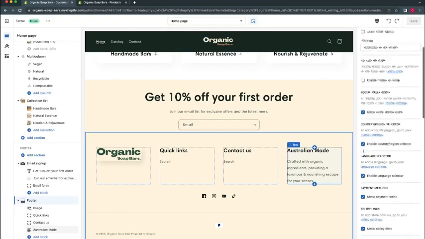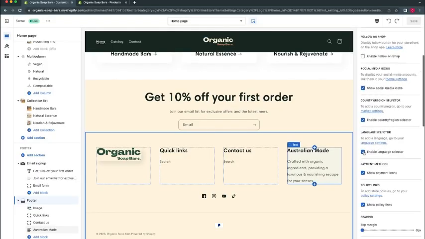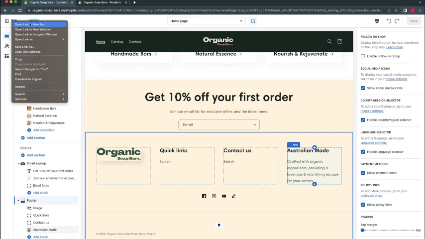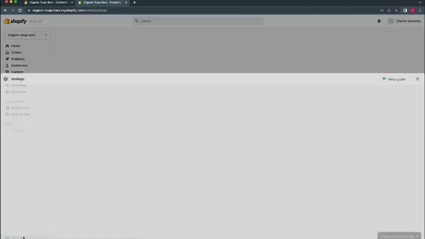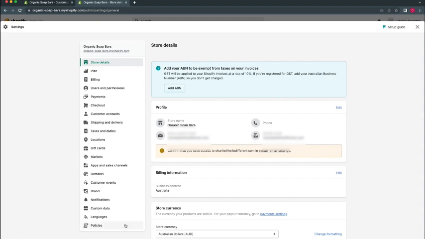So what we'll start off doing is we'll start on the policy pages. So where we did the same thing before, you could either click policy settings here, or we can go back to the tab we had open before where we got there by right clicking on exit and opening the link in a new tab. Now inside of this tab, if we go to settings, if we go down to policies,